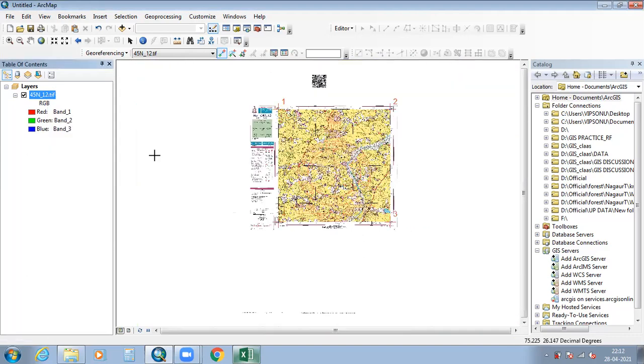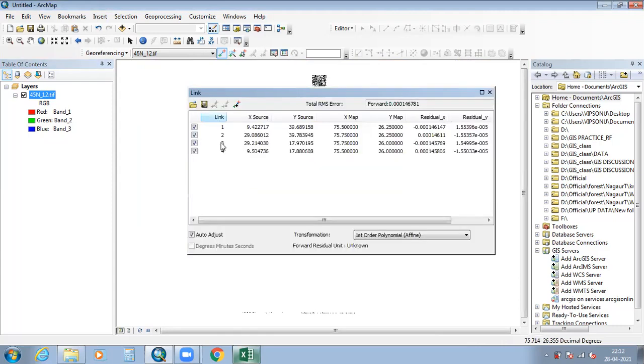Our next step is the view link table. Click on this, and here you can see the links indicate all the 4 points which we put on the 4 corners. X source and y source indicate the screen coordinates, and x map and y map indicate the reference points that we have input.